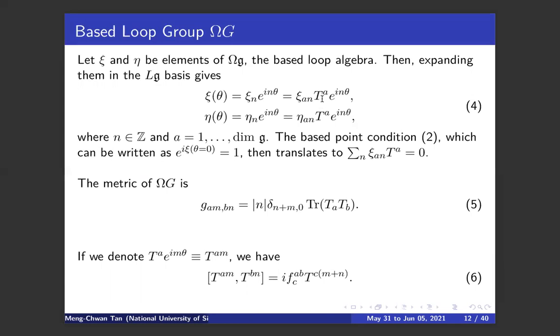Okay, so these are the Lie algebra generators here, and then the n's here represent the degrees of freedom of the loops mapping, and there's an infinite degree of freedom of S1 loops that can be mapped into the group G, right? And therefore that is why we have n taking all values of integers, and then θ here just parameterizes where you are on each of the S1 loops, the angular coordinate on each of the S1 loops. Okay, the base point condition just means this, which translates to this, which we use in our calculation later on, and it simplifies very nicely.